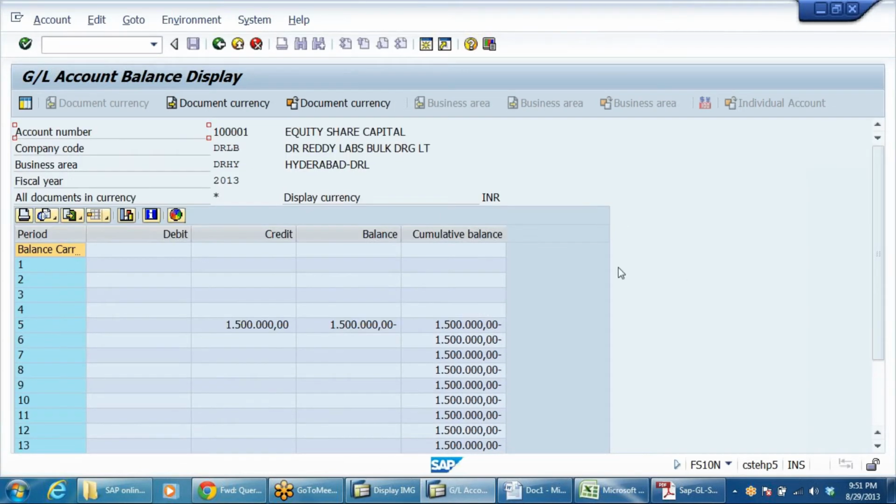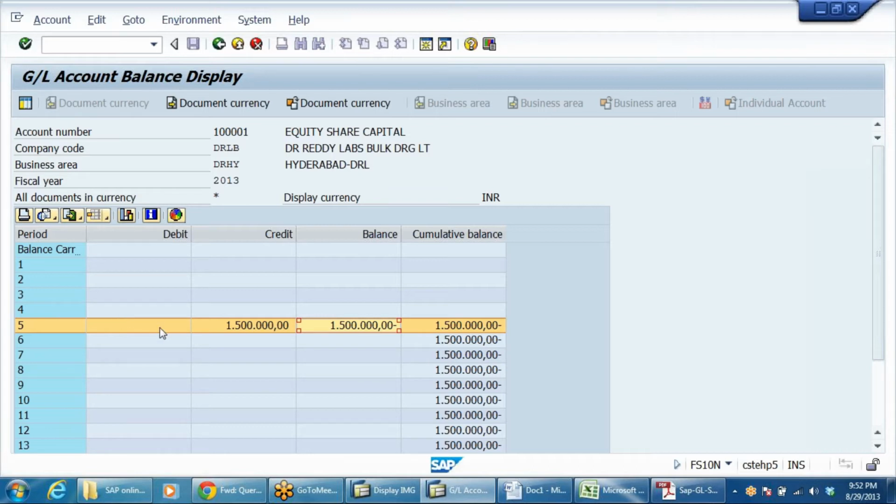See, account number this much, and equity share capital, company code DRLB, right? Business area so and so, it is displaying like this. Display currency INR, debit, credit, balance and cumulative balance. But it is not showing the date on which the transaction happened.